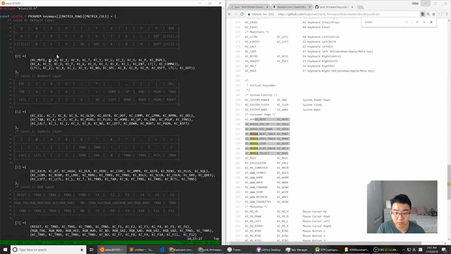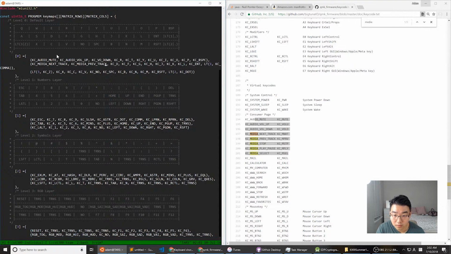So that is KC audio mute, audio volume up, volume down, and then I'm going to move on to the next row for media next track, media previous track, and